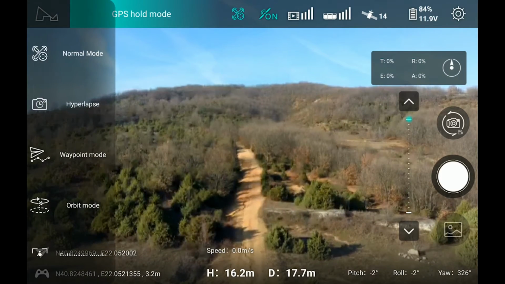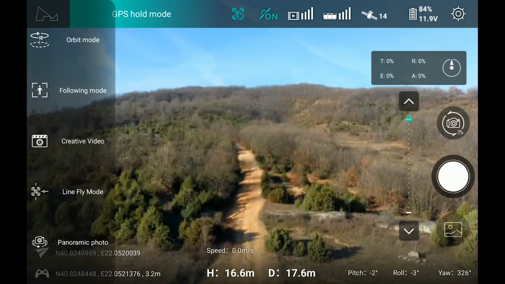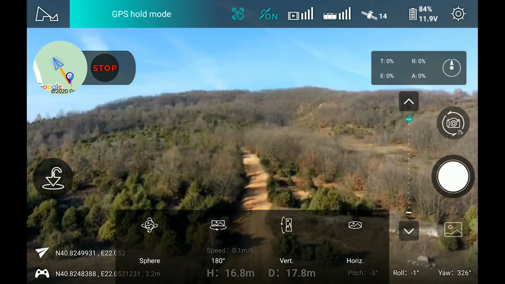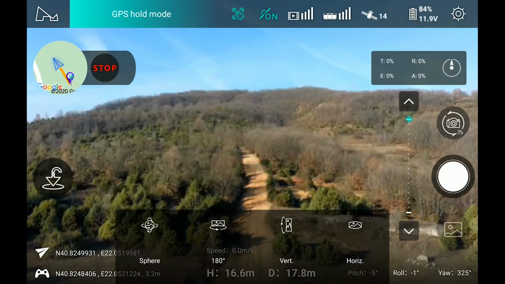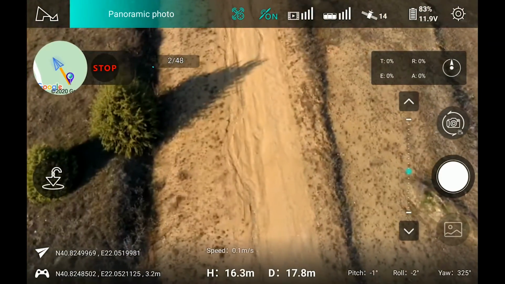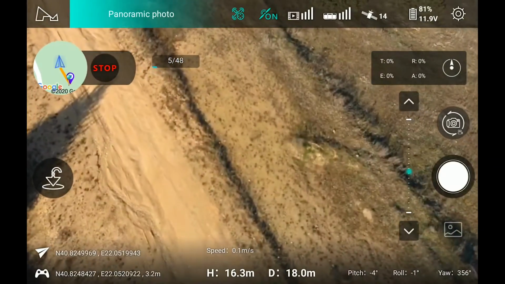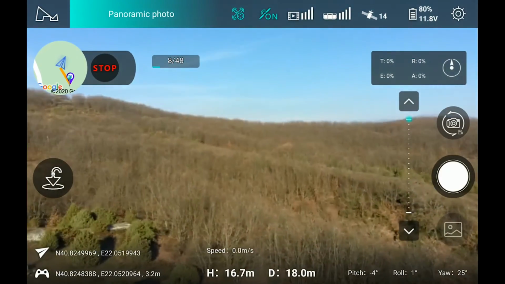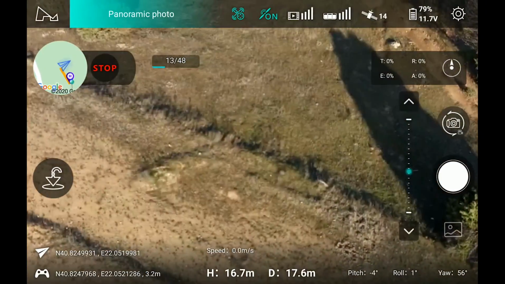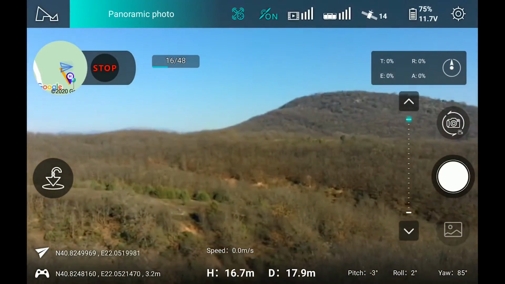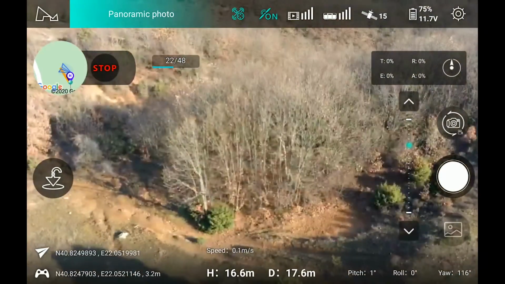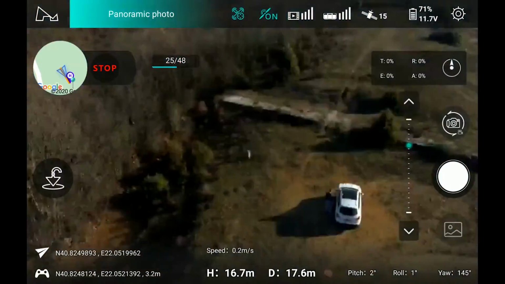And now in the flight mode section we go down and we choose panoramic photo, and when I press sphere, Zino Pro starts shooting photos. 48 photos in total. It's not drifting at all. Zino Pro only moves